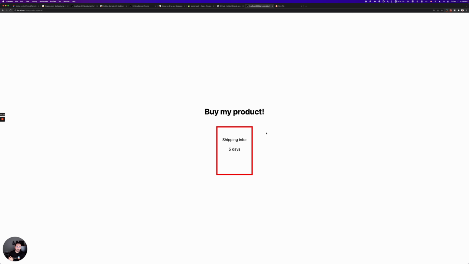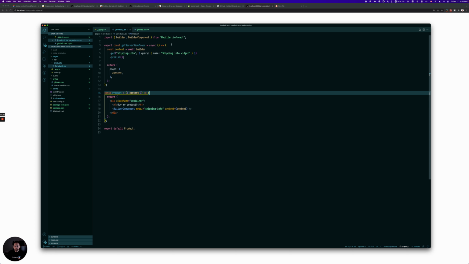any given product on our Shopify store, right? And we showed how to store that association between shipping time and product in the data model. So the next thing that we have to do is pass to Builder the shipping time dynamically, so that instead of saying 5 days, it will say the actual number of days that it takes. Because remember, this 5 days is just static text that we added to our text block, right? So what we have to do here is first we need to grab